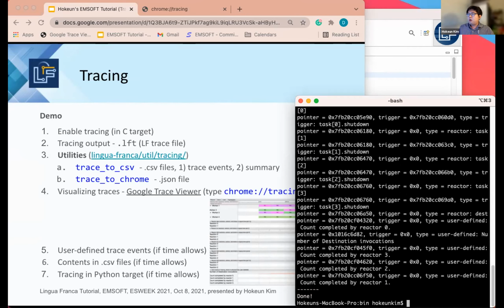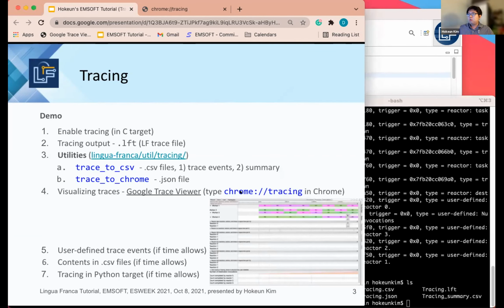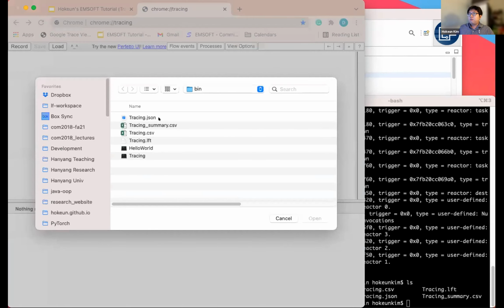And if you run this, it converts the .lft file into a .json file that can be loaded into a visualization tool called Google Trace Viewer. And if you have a Chrome browser, you can run the Trace Viewer by simply typing chrome://tracing in the address bar. And then you can load the .json file that we just created